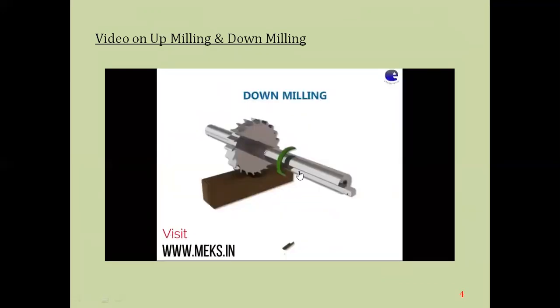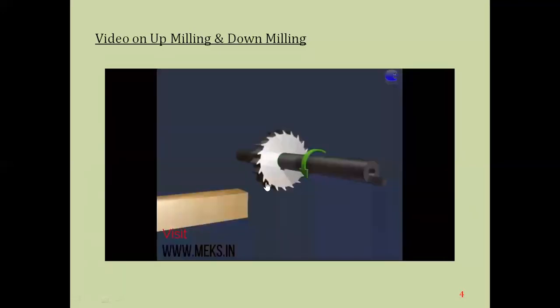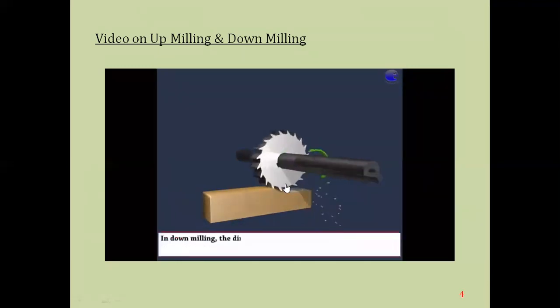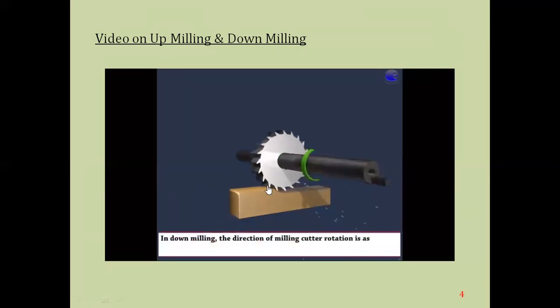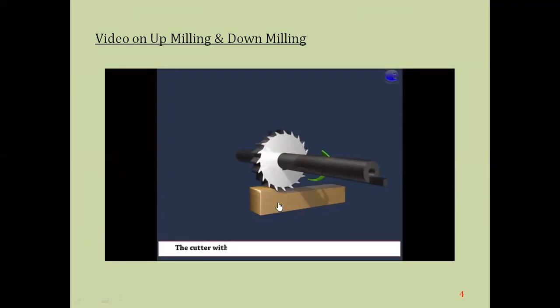This is regarding down milling. If you see here in the down milling, the workpiece is moving in this direction, and even the rotation of the cutter is also in the same direction. So the material removal rate is maximum at the start and minimum at the end point. This is regarding the down milling. Both the directions are the same here in this particular picture. And the resultant force is in the downward fashion, as the cutting tool and the workpiece are moving in the same direction.